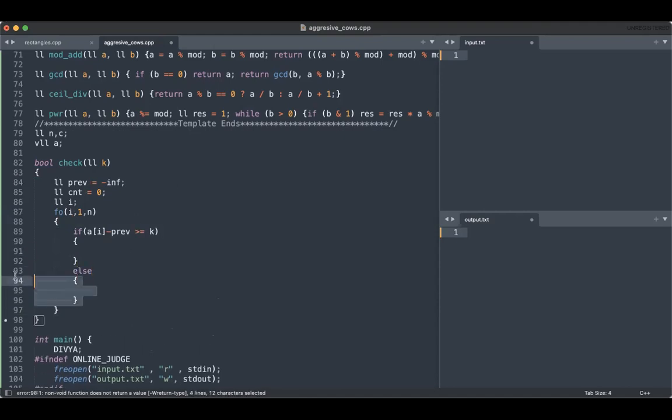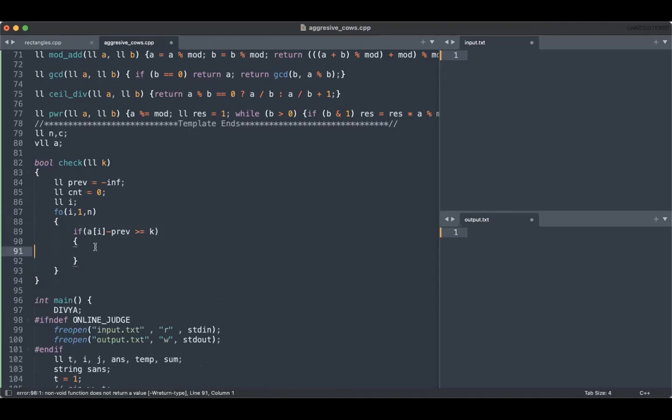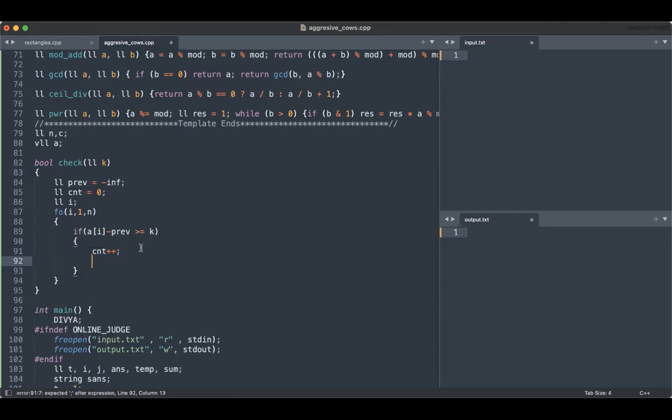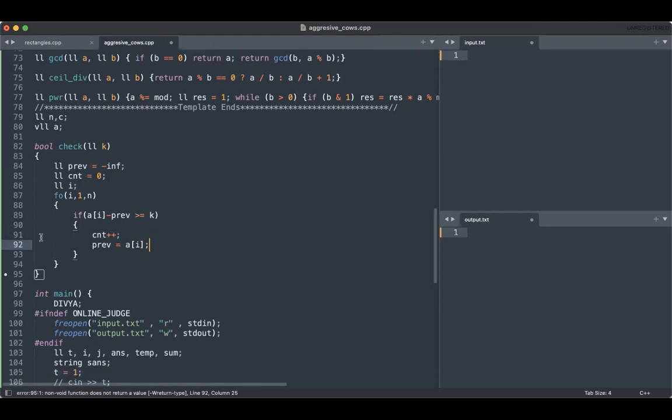So there doesn't really need to be an else condition here, right? So if this distance between the assignment of the previous cow and the current location becomes greater than or equals to K, I can just assign that particular cow to my current location. So that can be done by incrementing the count variable and then doing prev is equals to A of I, because now the new location for the previous cow is going to be A of I, because I'm assigning the previous cow to A of I. Right.